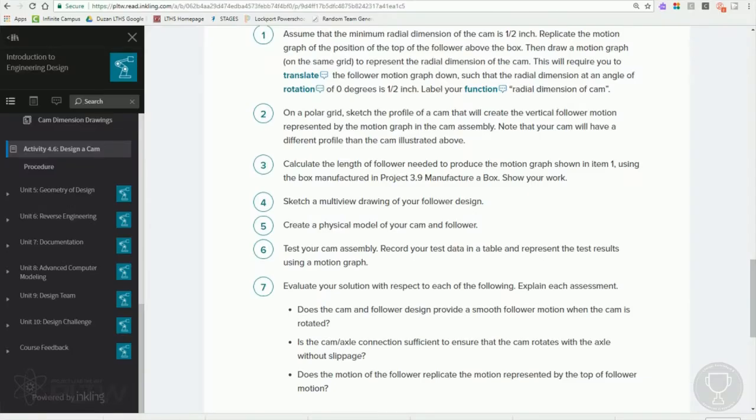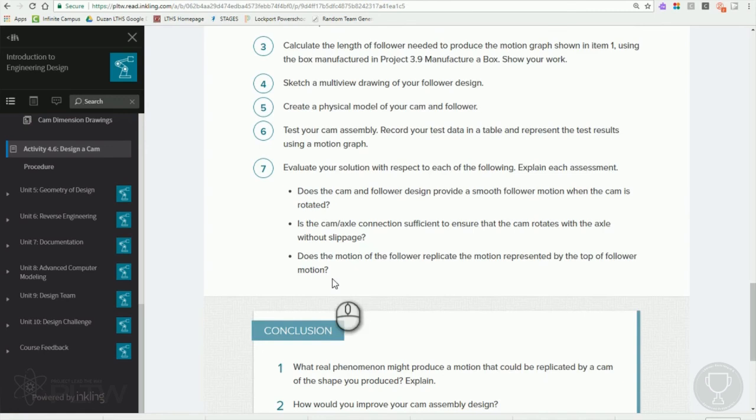Taking a look at the curriculum, it's asking these 3 questions. So you're going to be evaluating your solution. Does the cam and follower design provide a smooth follower motion when the cam is rotated? Also, is the cam and axle connection sufficient enough to ensure that the cam rotates with the axle without slipping? And finally, does the motion of the follower replicate the motion represented by the top of the follower motion in the motion graph? So that is